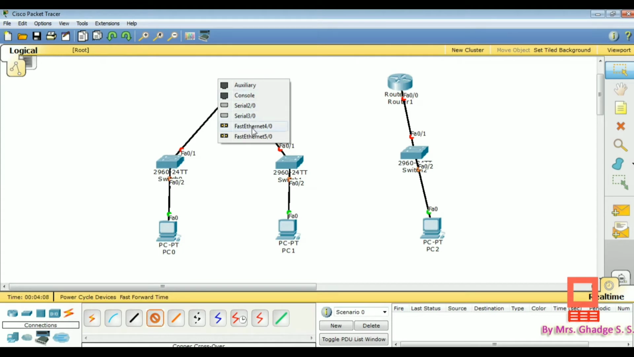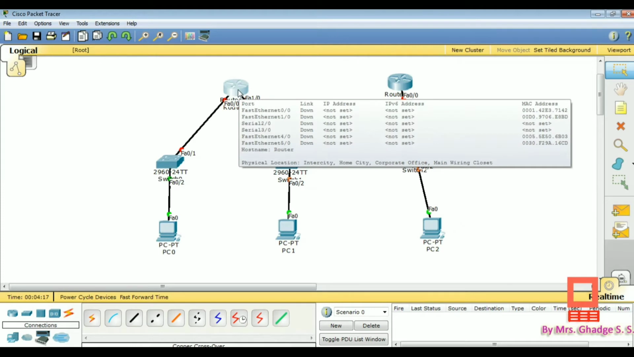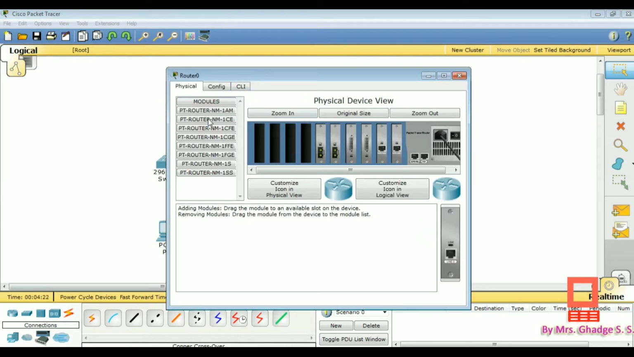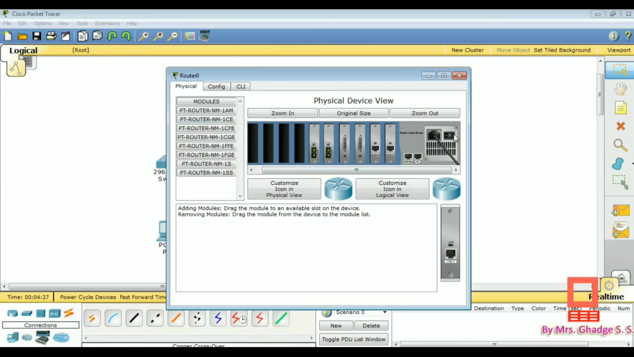Just click on Fast Ethernet. Here is the option for 4/0. Instead of using it, let us add one more Fast Ethernet connection. For that, just click on the router. Here you can see the physical view of the router, and at the right end there is a green symbol. You just have to click on the green symbol and then take the modules from the left end. So the first module